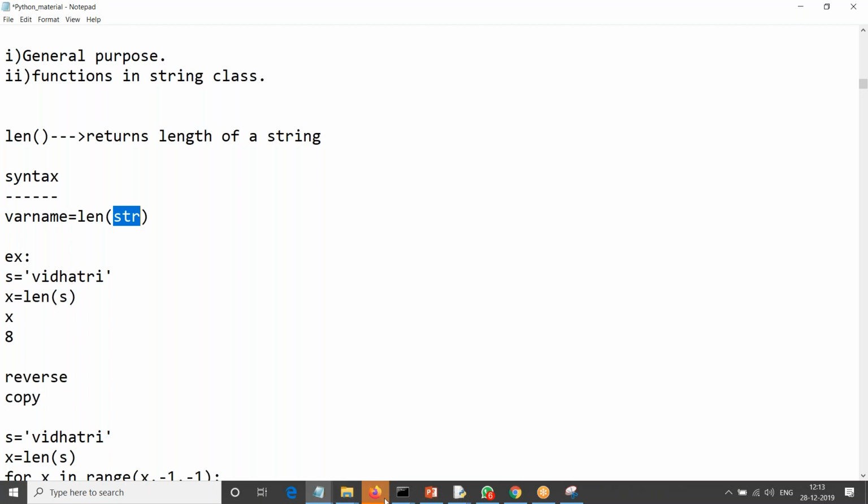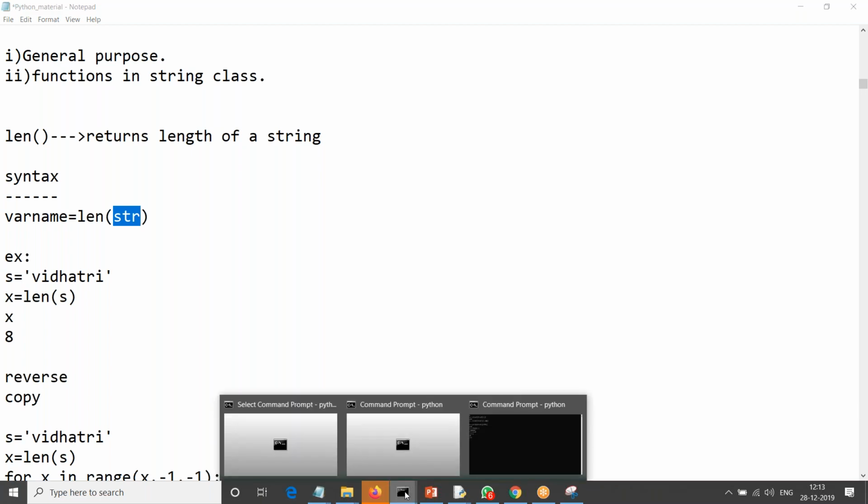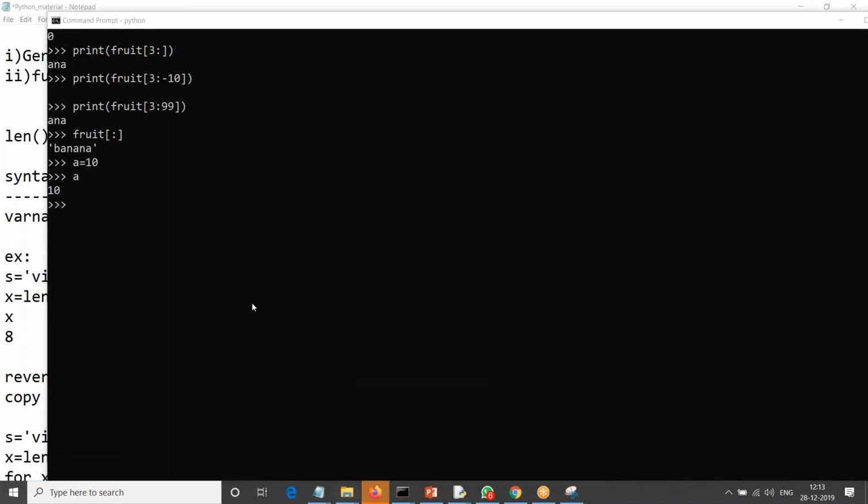That's all. I'll just test it here. And after that, I'll give a few programs to you. You can start working on such programs. Okay, now I'm taking a string here, something of my choice. If it is your string, you can take your choice. I'm taking Vidatri. I want to find the length of Vidatri. So how do you find the length of S? I got it, right? But